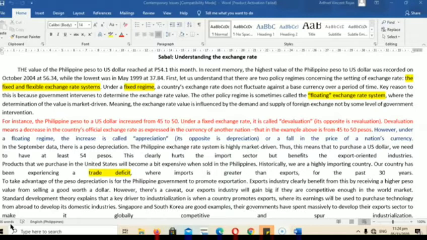Again, there are two types of exchange rate system: the fixed and the floating. The other term for fixed, aside from flexible, is peg exchange rate. When we say fixed, it is controlled by the government or central bank, while floating exchange is controlled by the international market or the foreign exchange market. And it also has different values of increasing or decreasing based on the domestic currency and the base currency.